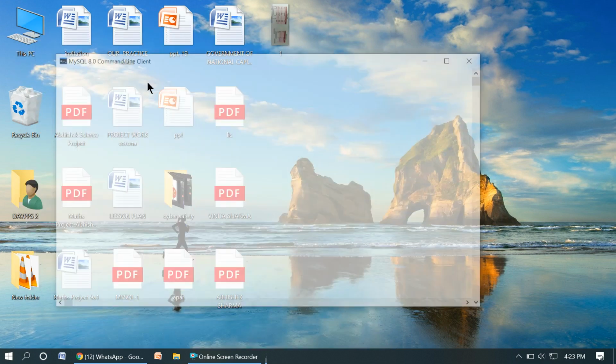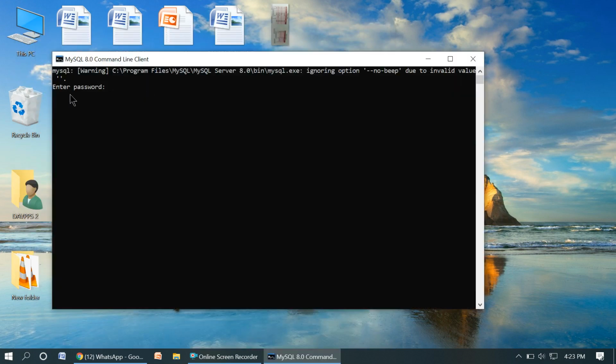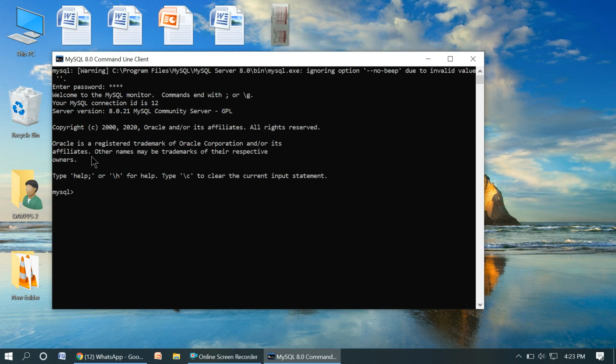Right, click on this, and here you are getting enter password. Which password do we have to remember while installing MySQL? Which password we have used? We have used 1 2 3 4, and press enter. It is showing the information regarding the version you have installed in MySQL, and this is the prompt of MySQL where we are going to type the commands. This is how we can install MySQL. Right, commands we will do in the next video.